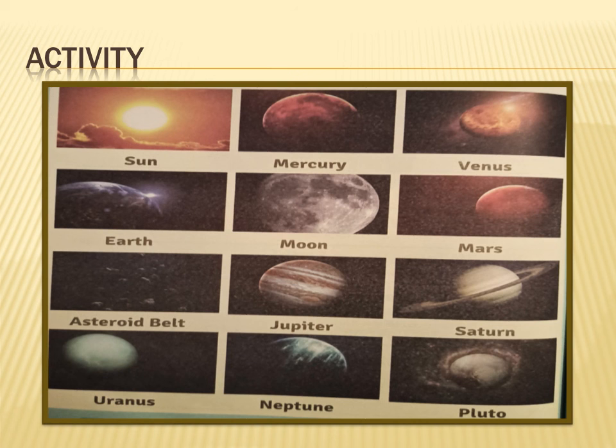Okay, the last one, Pluto, is also not a planet now. It's very small, so that's why the scientists say that this is not a part of solar system. This is not a proper planet, it's a star type thing. Okay, so the planets are Mercury, Venus, Earth, Mars, Jupiter, Saturn, Uranus, and Neptune. Okay, you have to memorize the spellings of these things which we study in solar system.